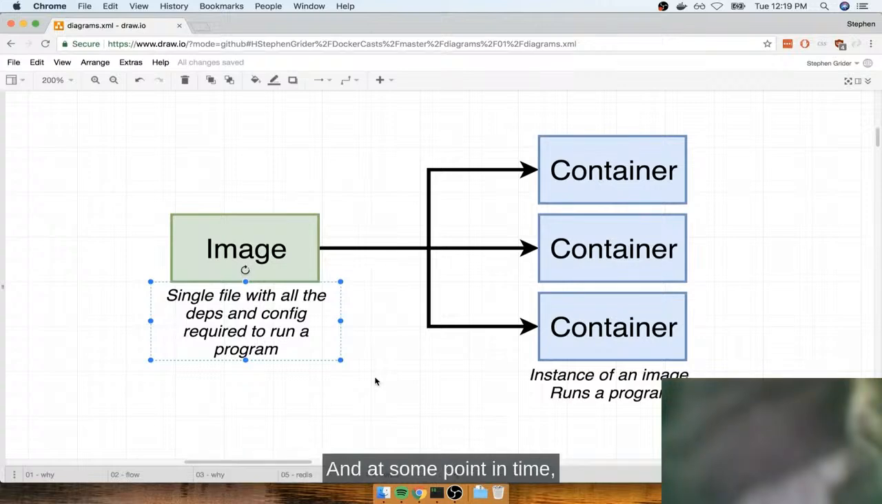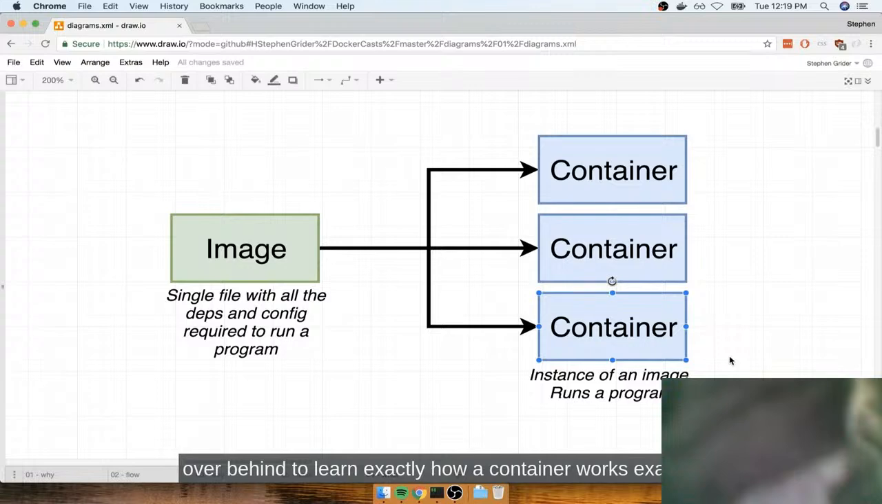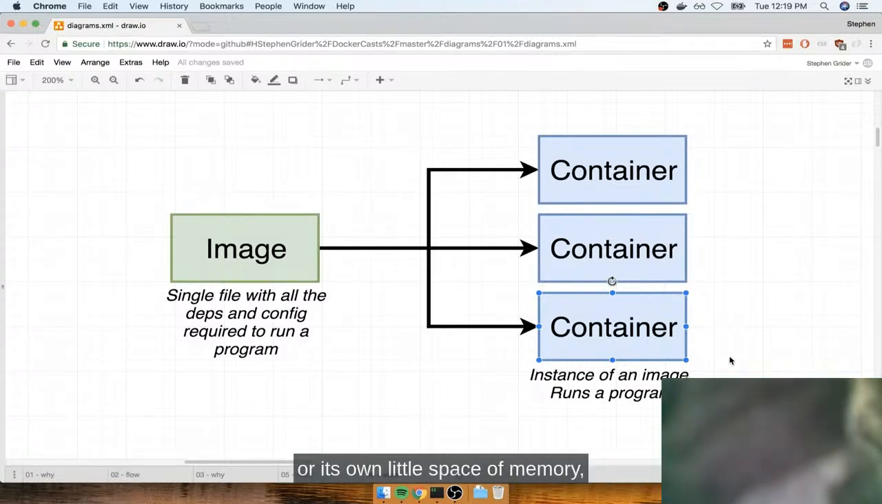And at some point in time, you can use this image to create something called a container. A container is an instance of an image, and you can kind of think of it as being like a running program. We're going to go into great detail over time to learn exactly how a container works. But for right now, all we really need to understand is that a container is a program with its own isolated set of hardware resources. So it kind of has its own little set or its own little space of